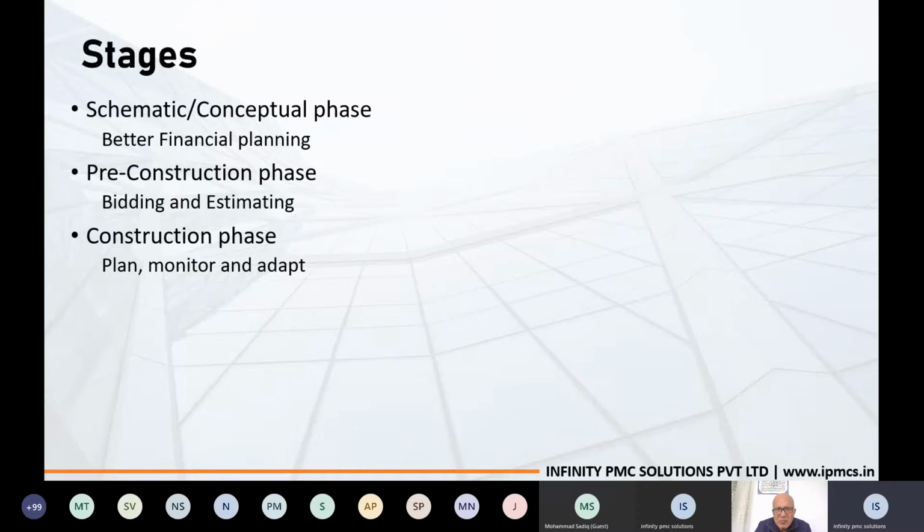As our project develops from the preliminary stage till the construction stage, the same way our estimate and our model will also be developed. So Costex is applicable at all stages of a project to prepare an estimate. Let us take the schematic or conceptual phase of a project, where we receive the conceptual drawing. With this we can prepare a preliminary estimate, which leads to better financial planning.